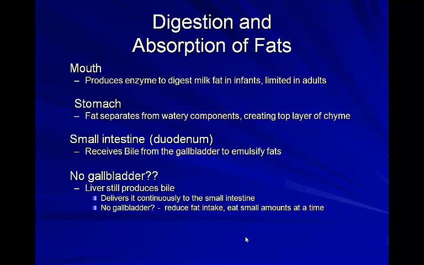In the stomach, when you see the chyme develop, you really see the fat separate away from the watery components of food. You get this thick mash of food, or chyme, and the fat will tend to float up towards the top. Fat is less dense than water, so it will separate from the water and then float on the top of the chyme in the stomach. In the small intestine, that first part of the small intestine, the duodenum, so far we haven't really seen any fat digestion. And again, the fat doesn't like to mix with water.